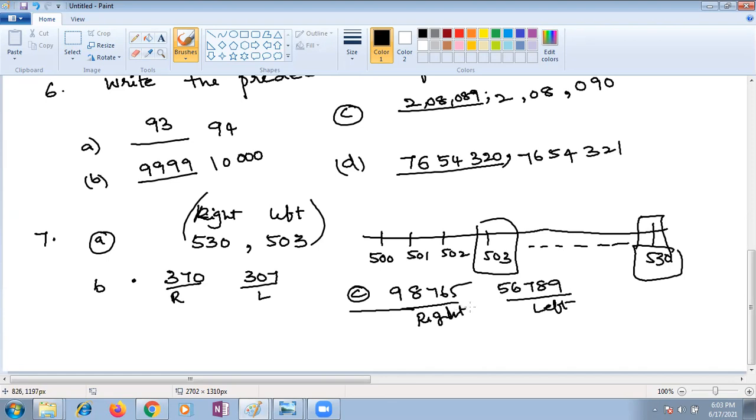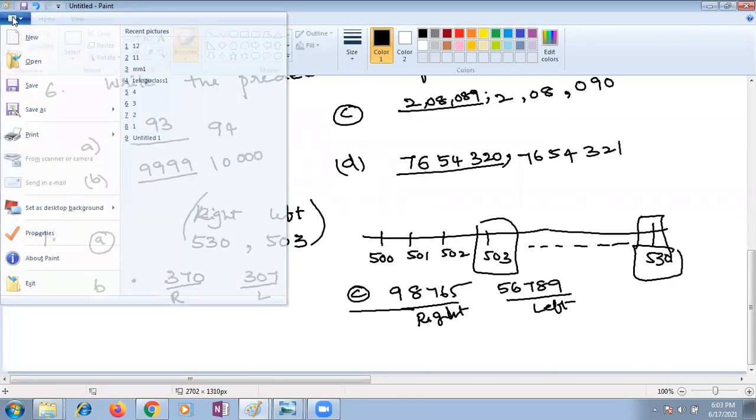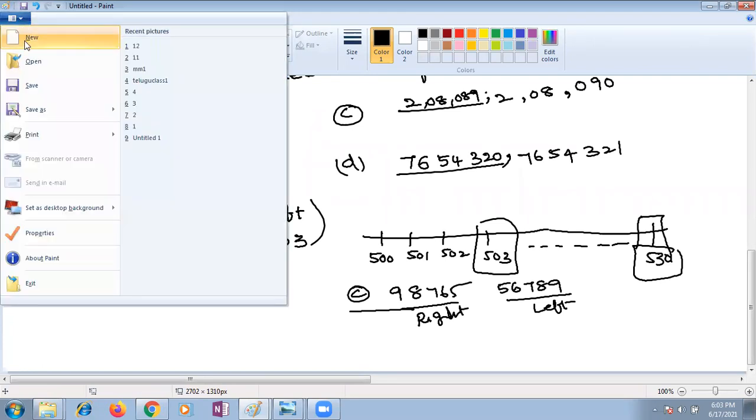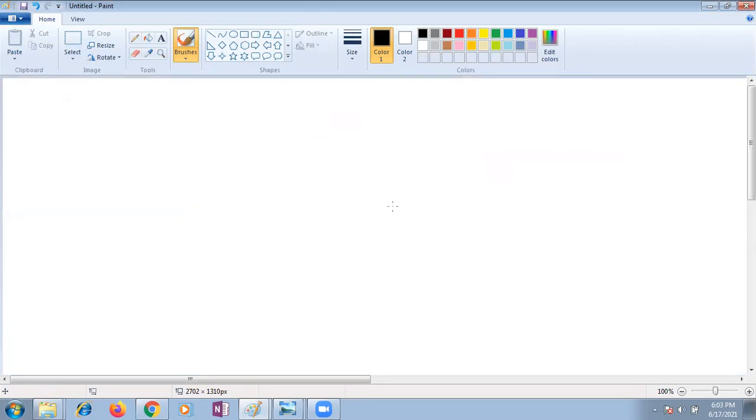See, children, you observe all the cases. The left side numbers are smaller, right? If you are moving towards the right side on the number line, you are getting greater numbers. Yes or no? Yes, ma'am. That is a very important point you're supposed to remember. These are the things we know very well. But why is the question given like that? Why for the students? What are you supposed to conclude? Smaller numbers are always on the left side. Yes or no? Yes, ma'am.